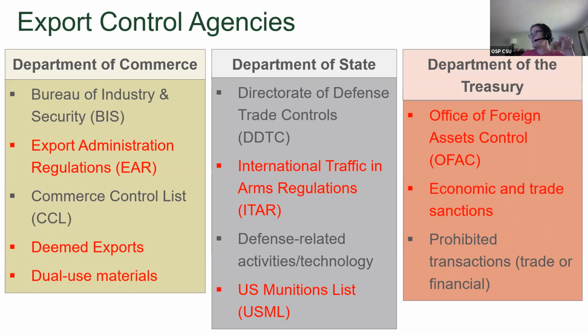Okay, and then finally you have your Department of Treasury, and under the Department of Treasury is the Office of Foreign Assets Control. They are concerned with your trade sanctions, with any embargoes that we have. Think about money, right? Treasury is money, so embargoes and trade sanctions that we have with other countries. So in embargoes, when we have those financial restrictions on financial transactions with other countries. So making sure that it's not an embargo country. And again, that's something that your export control officer can consult those lists to know who currently we have trade sanctions with or embargoes with.